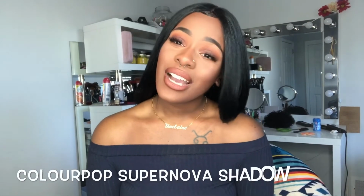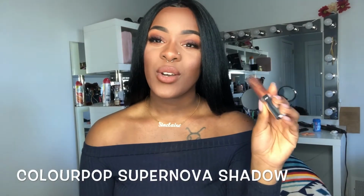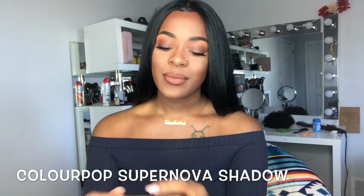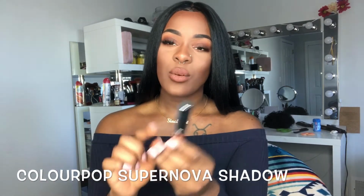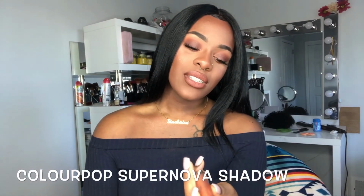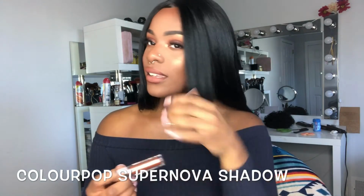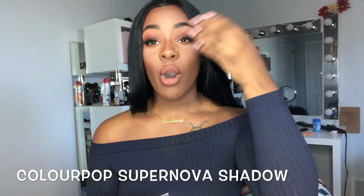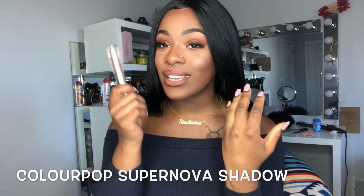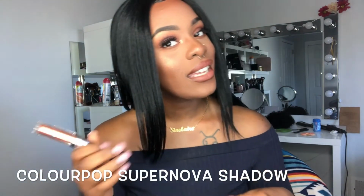And the very last product I'm going to talk about today are the ColourPop Supernova Shadows. More specifically, this is the Walk of Fame one. I don't use this as an eyeshadow as much as I do for an inner corner highlight. When I have an all matte eye like I do today, I will just take this little guy and pop it on my inner corner. As you can see, I used it today, and it's just